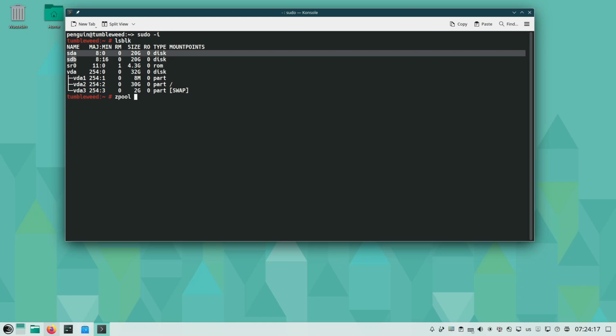Like if you are creating a mirror, then you can remove one disk and add another. If you have a RAID, it depends on the RAID that you are using. If you created a hot spare to replace the disk, all these kinds of procedures